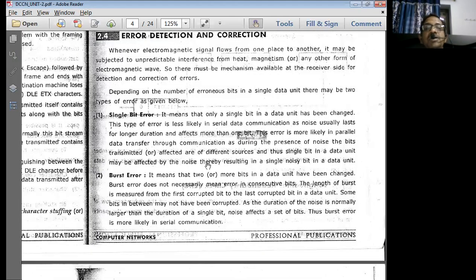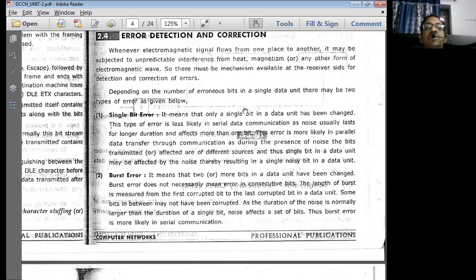The transmitter says it has transmitted the data bits correctly, but when those data bits reach the receiver, the receiver should have a mechanism to detect any errors and correct them if it is possible. Otherwise, the receiver can send a negative acknowledgement to the sender to retransmit the previously transmitted frame, packet or data for that matter.